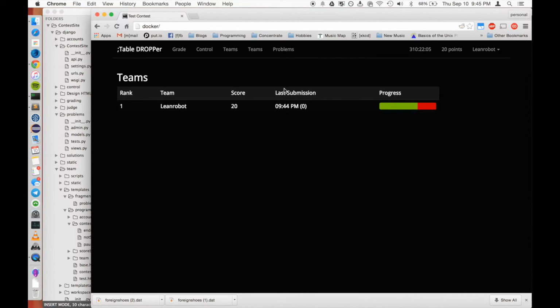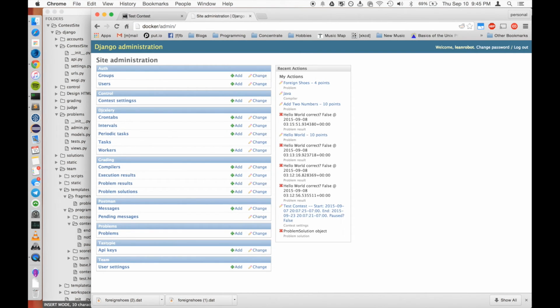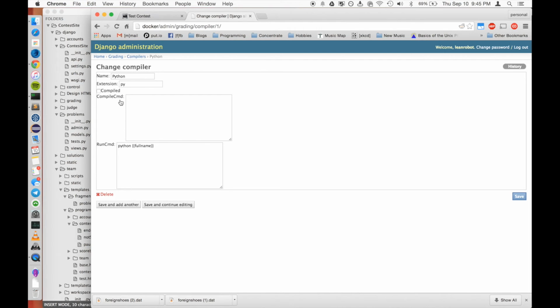So for all of my problems that I showed here, or my solutions, I used Python, but I actually designed this website so that teams can submit in a variety of languages. So I'll show you kind of how that works now on the surface. If we go to the admin panel for the site, we can go to compilers. And then you can see here I have two compilers, Java and Python. So we can look at Python and see that